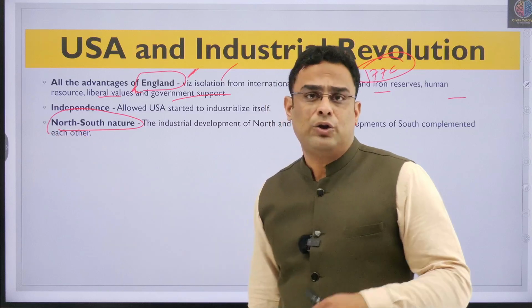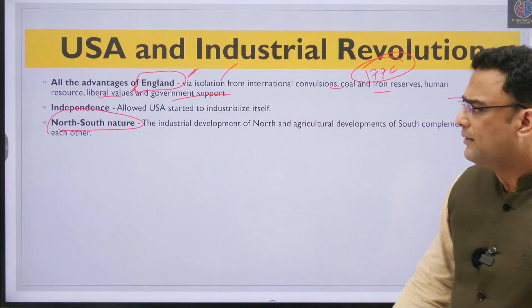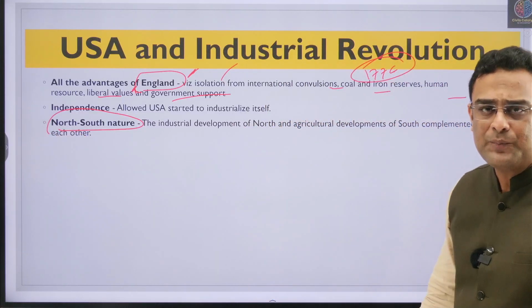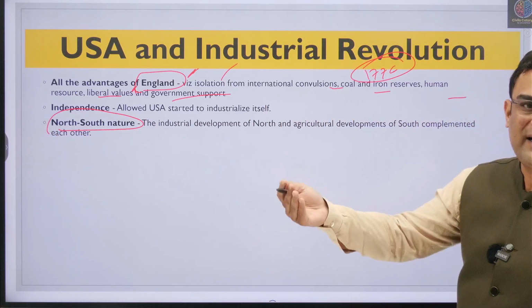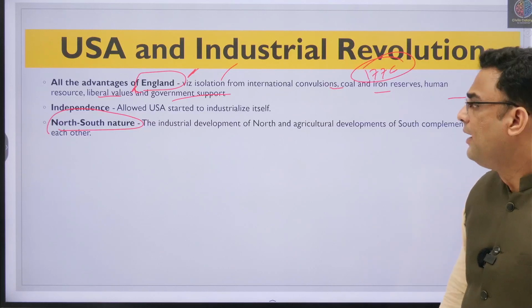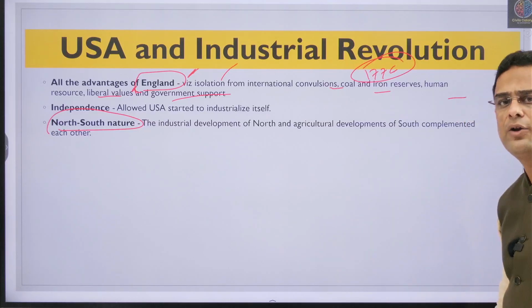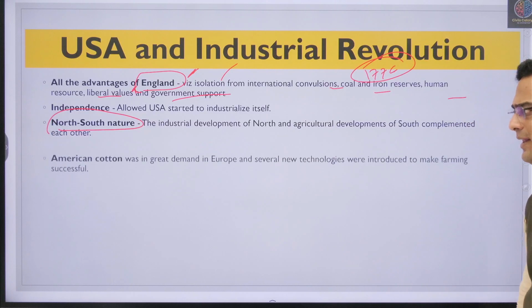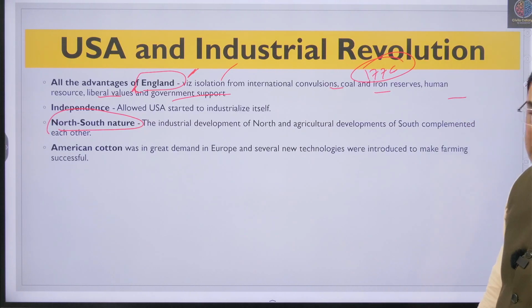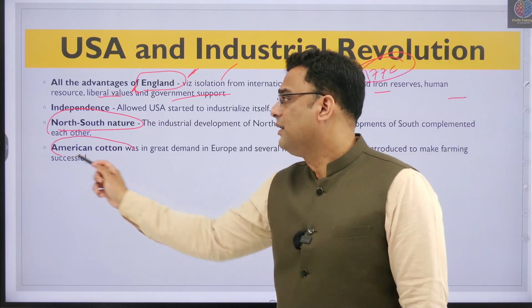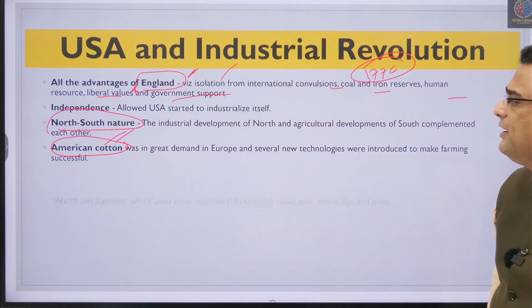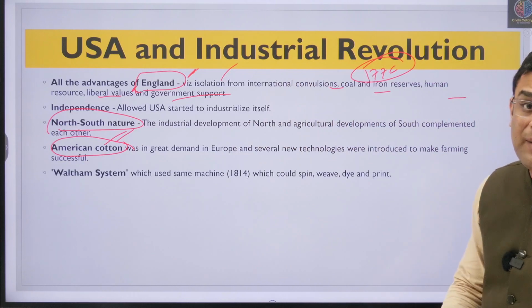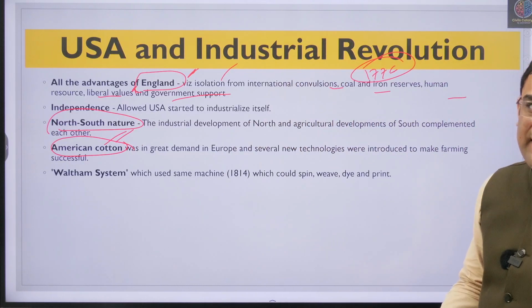नॉर्थ और साउथ जो रीजन्स थी, नॉर्दर्न कॉलोनीज दे वर मोर इंडस्ट्रियलाइज्ड एंड सदर्न वर मोर एग्रारियन। दिस वाज लाइक अ कॉम्प्लीमेंट्री नेचर बिटवीन द टू। साउथ से रॉ मटेरियल आता था, नॉर्थ से फिनिश्ड गुड्स आते थे, एंड इट वाज लाइक अ हैप्पी काइंड ऑफ अ रिलेशनशिप ओवर देयर। अमेरिकन कॉटन वाज इन ग्रेट डिमांड। यूरोप के अंदर में भी बहुत डिमांड थी और अपने खुद की टेक्सटाइल के लिए भी इट वाज वेरी यूजफुल।